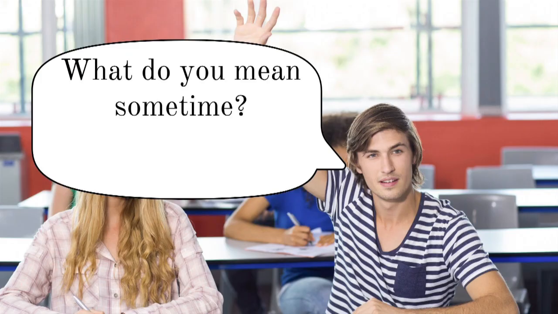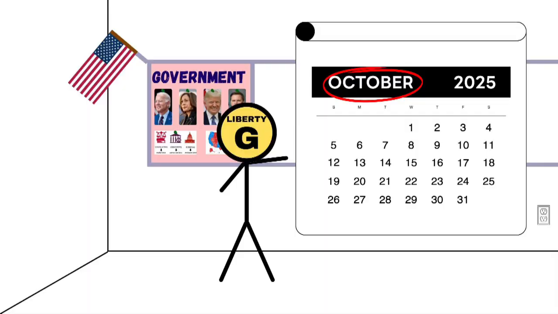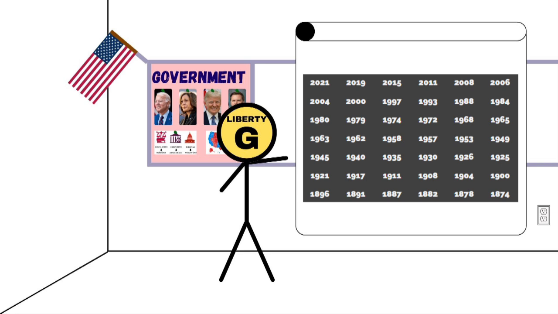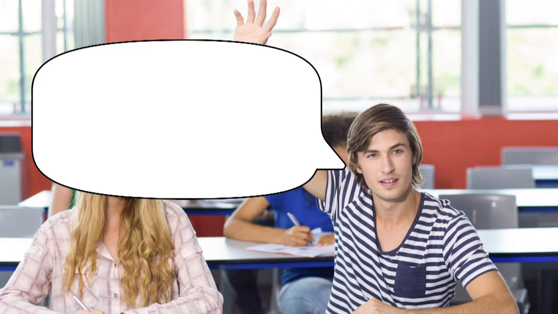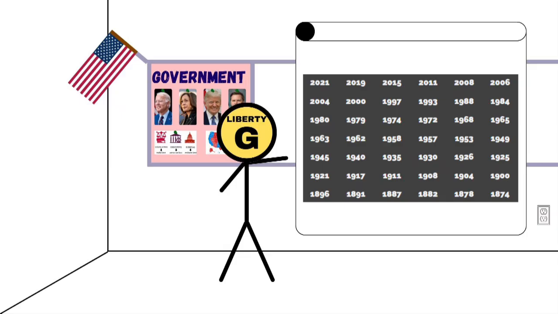What do you mean sometime? Isn't it on election day? Unlike America, Canadian elections don't always fall at the same time every 2 years. They have to have an election every 4 or 5 years, but can do so earlier if the Prime Minister or Parliament calls for it. Wait, who are these people? Okay, I'm getting ahead of myself. Let's start with the basics.